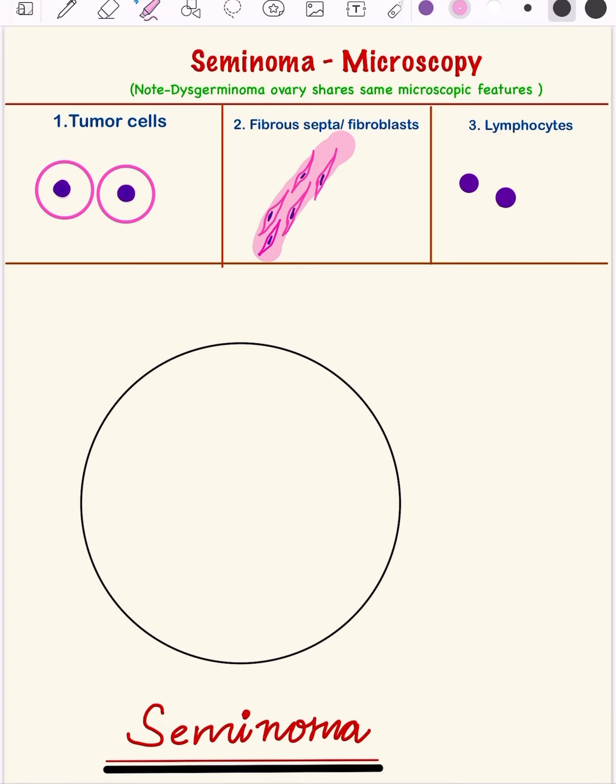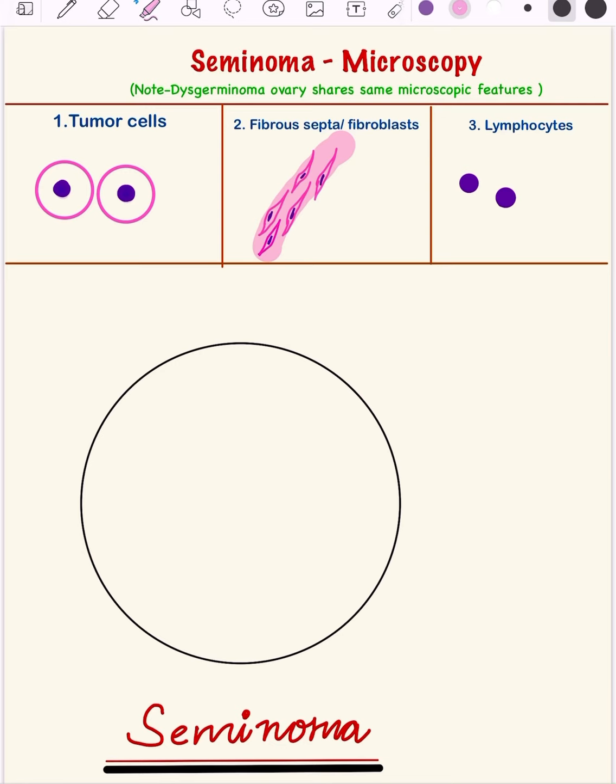It is the most common testicular tumor, occurs in young male patients, and the testis enlarges to up to even 10 times of its normal size. The cut surface is homogeneous, grayish white, and in the microscopy we just need to know 2 3 important points to draw its diagram. So in seminoma, the tumor cells, they are derived from the primordial germ cells. The seminoma is GCNIS derived tumor, and the three important components which we need to know while drawing the diagram